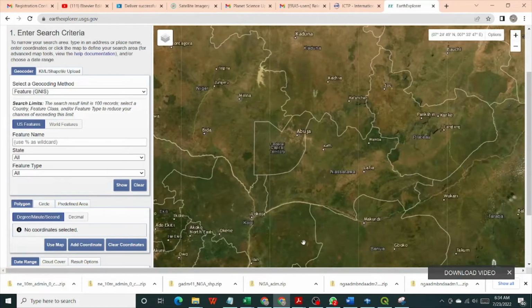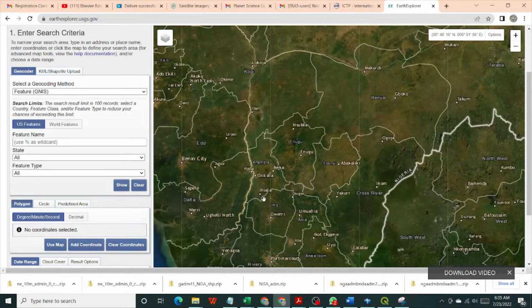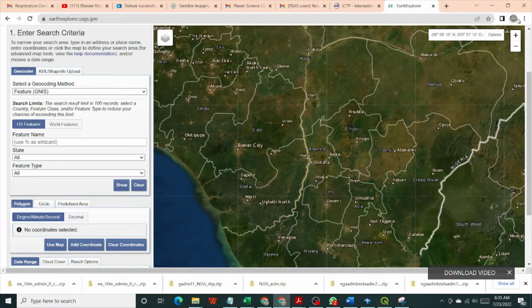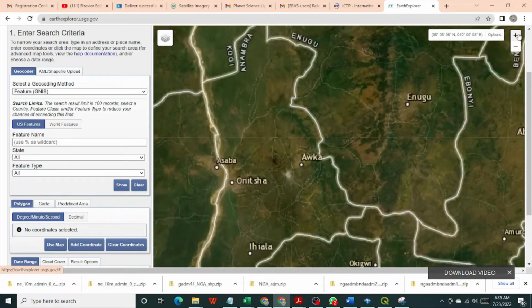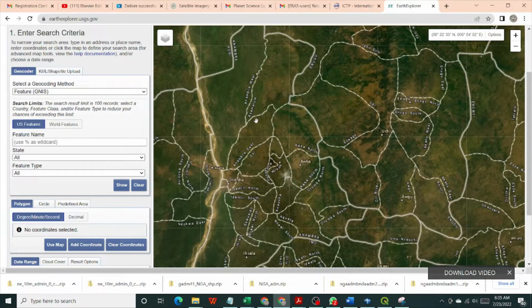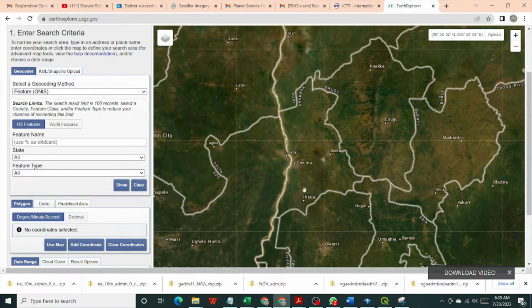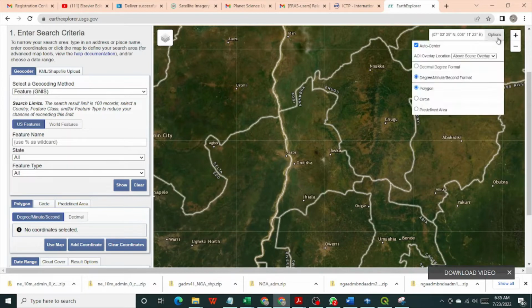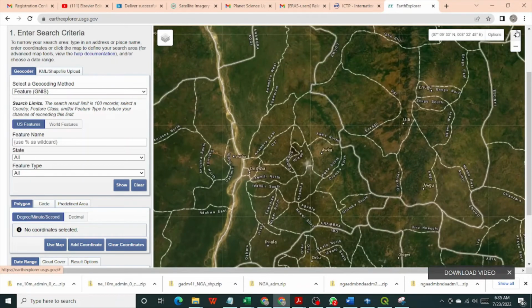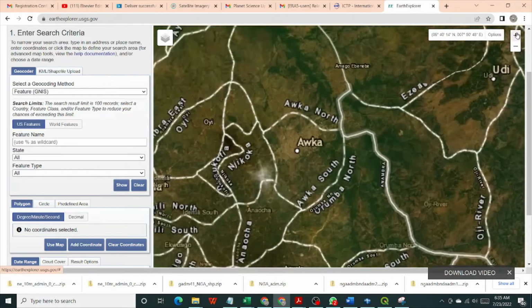So, hold, drag up. I can already see the map of Anambra State here, showing up with some details cropping up. Center, zoom in further. Now you can see it's gone beyond. Now you can see that it's not just the boundary of Anambra. You can also see the boundary of the local government showing up within the map window. Zoom out so that I get the entire Anambra State within the view. So if I'm interested in maybe a particular local government in Anambra State, I'll keep zooming in. Let's say I'm interested in Njikoka. This is Njikoka here. Then it means I'll keep zooming in until